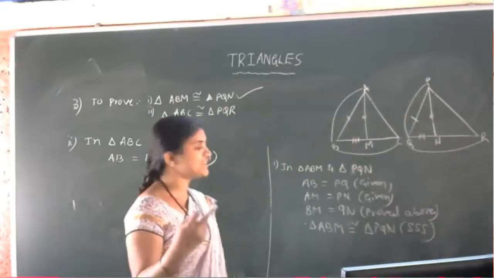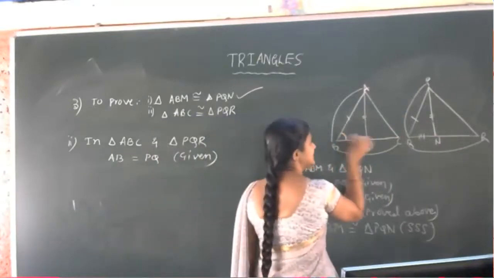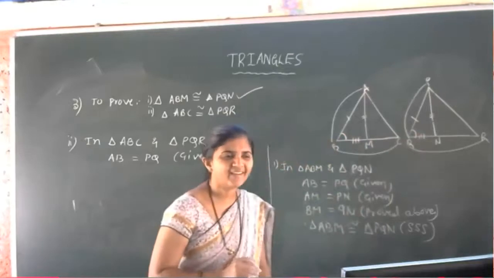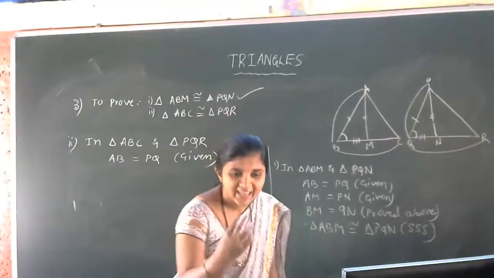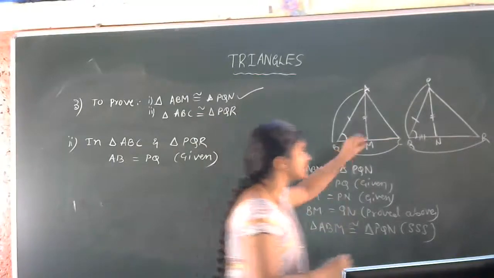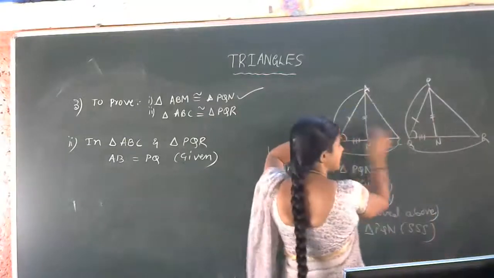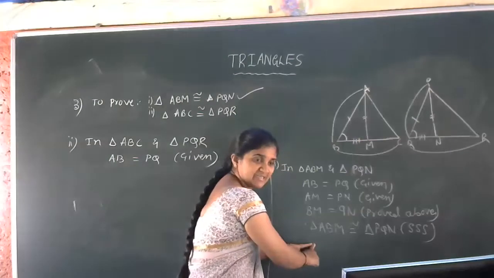Angle ABC is equal to angle PQR. So we can use this angle, which is equal to this. But it is not a given data. Who told that angle ABC is equal to angle PQR? Yes, CPCT. Just now we proved the congruency of these two triangles, in the sense that angle B is equal to angle Q, by CPCT.